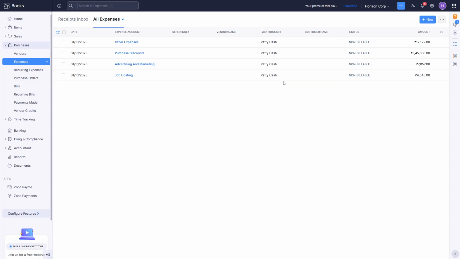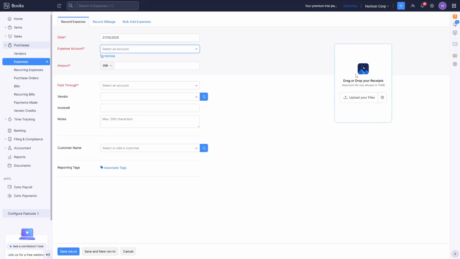Now, in the top right corner of your screen, you'll see a button labeled Plus New. This is what you'll click to start entering a new expense. By clicking this button, you open up a new form that allows you to input all the necessary details related